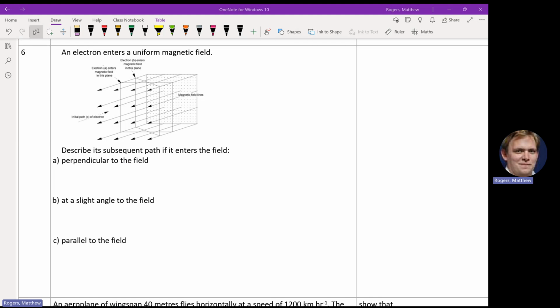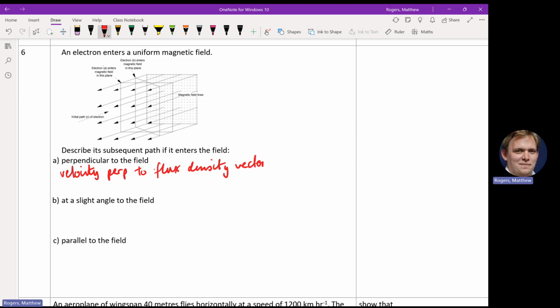Magnetic field. Describe its subsequent path if it enters perpendicular to the field. So this is the first one, this plane shown here that sits perpendicular to the field. The key idea here is that the velocity is going to be perpendicular to the flux density